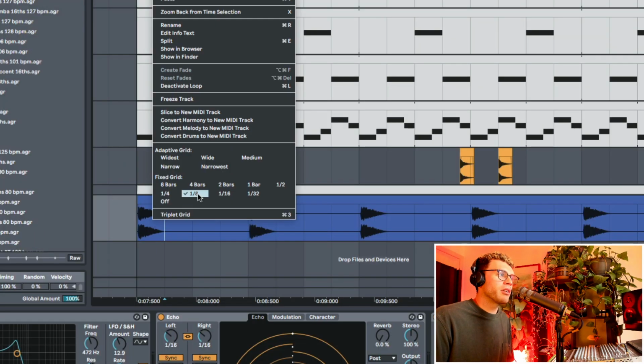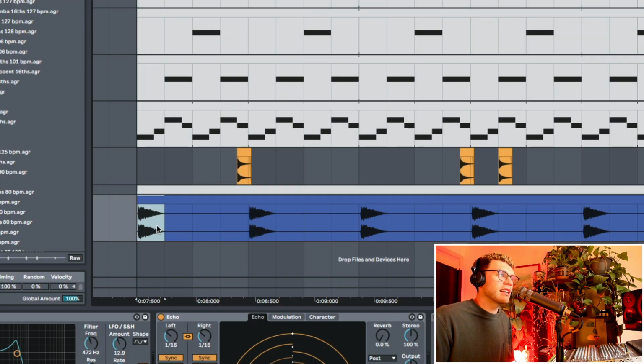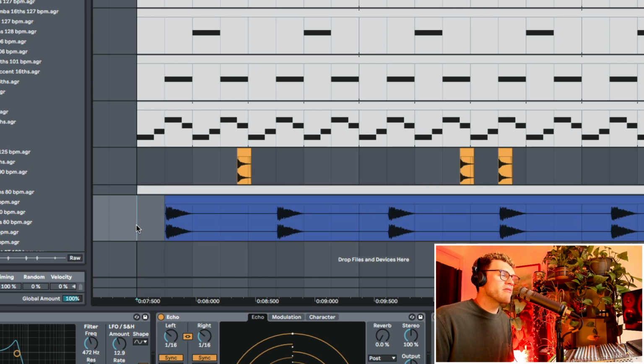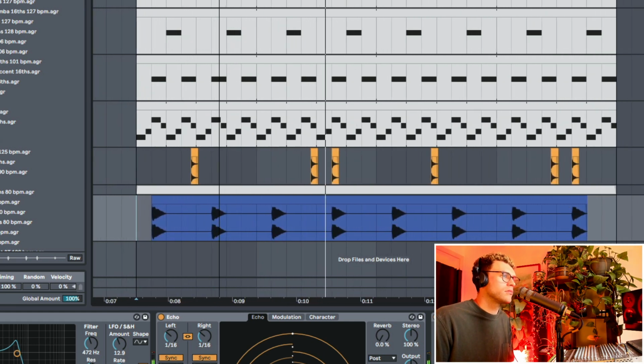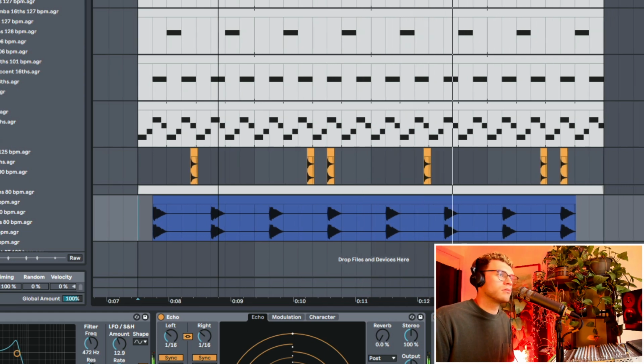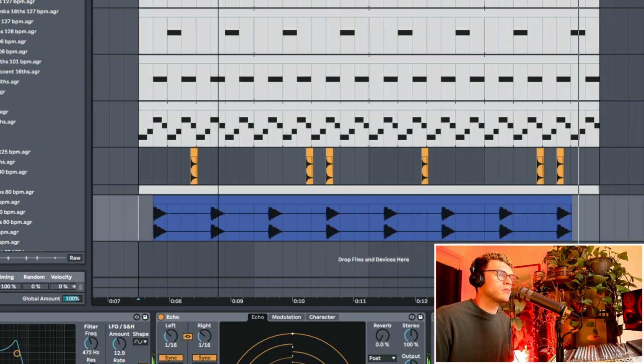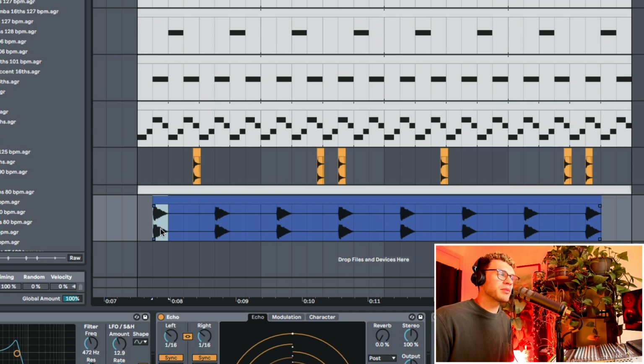Now I've got my eighth notes selected here, and like anything, it goes strong, weak, strong, weak. So if I'm just to bring this over, you can see that there's going to be slightly more syncopation now when we listen to this. So you can kind of feel how that spot is a bit weaker, and by accenting it, create some sort